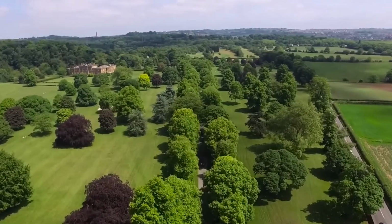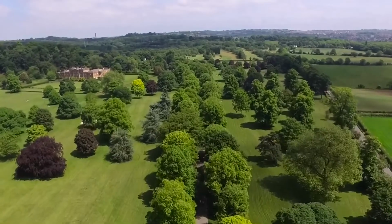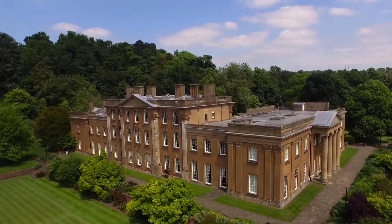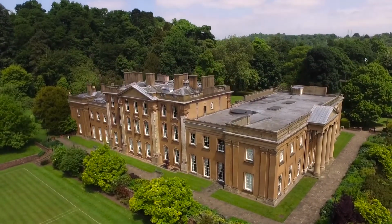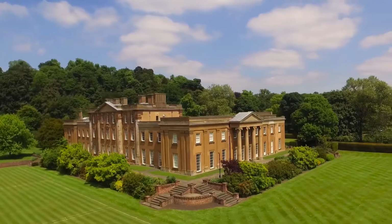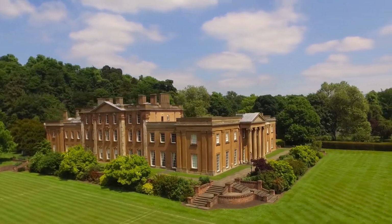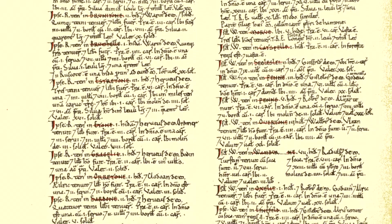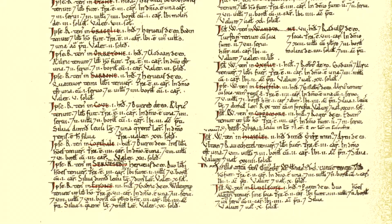In 2007, Wolverhampton Archaeology Group was asked by Adrian Durkin, the exhibitions officer for Dudley Museum and Art Gallery, to undertake a geophysical survey in the grounds of Himley Hall to try to locate the site of the original moated manor house. The village of Himley is recorded in the Domesday Book as being held by William Fitzansculf, and the